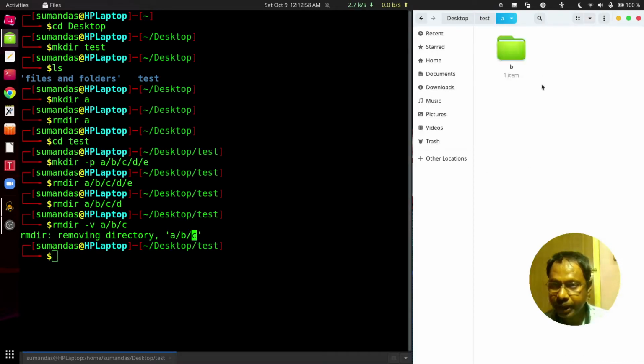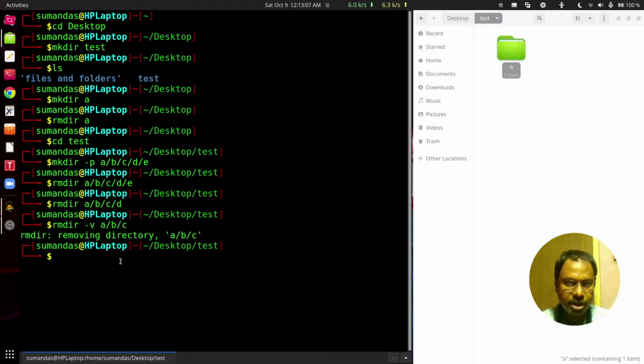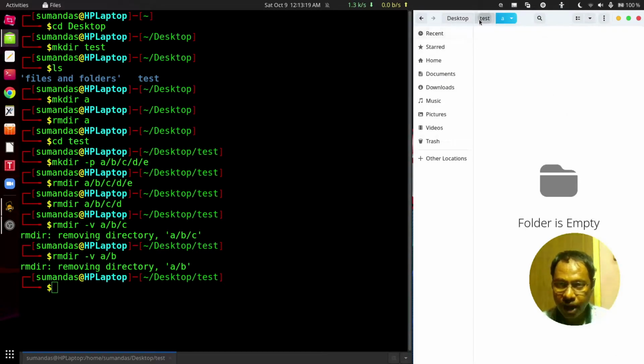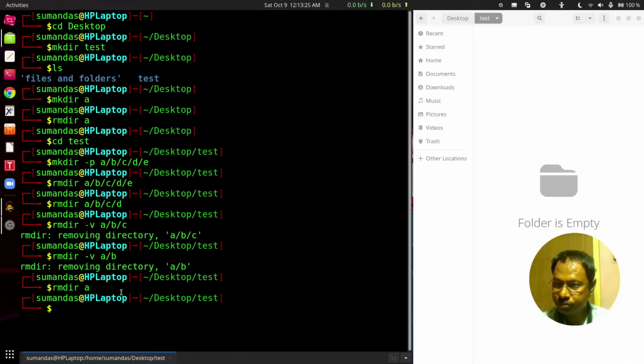Let's check A, B. Yes, the C directory is now removed only. Once again, to remove the B directory, we can use a/b. That means B has been removed now. So finally, to remove the directory A, we can use rmdir, then A. So A has been removed.